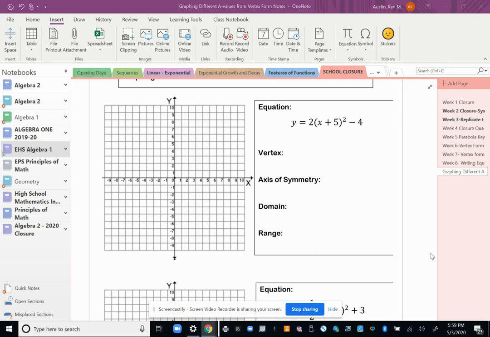Hi everybody, it's Miss Austin and I'm going to go over how to graph from vertex form when that A value is not 1. And if you listened to the notes last week, we're going to keep using that pattern to do these graphs quickly without